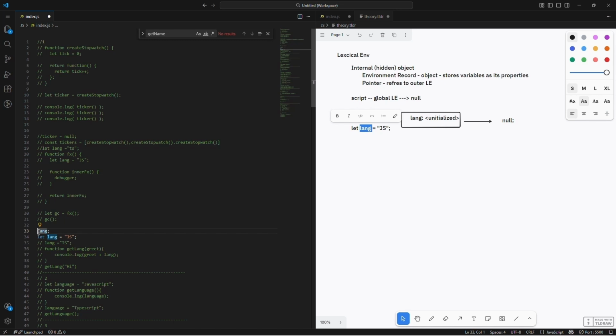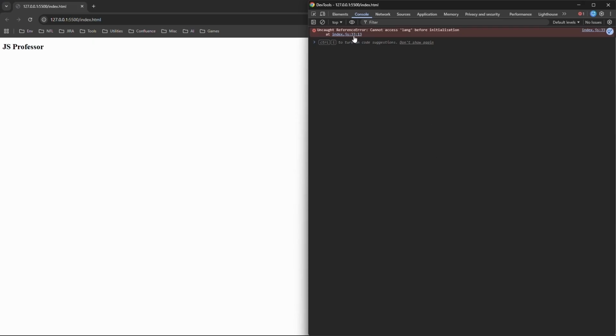Let's try to console log it. So what do you think will happen? Let's see. See, reference error, right? And why is it happening? Because you are trying to access the variable